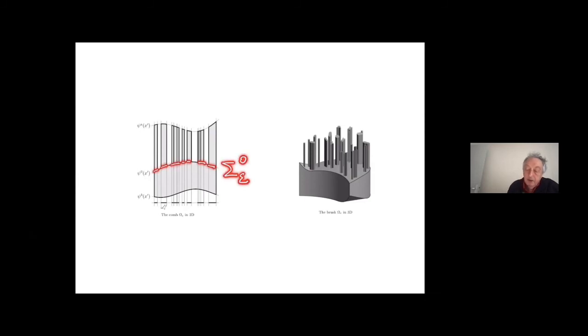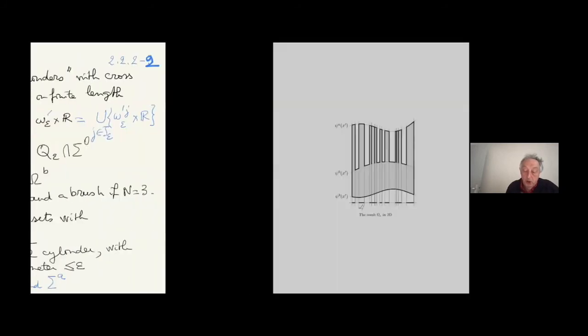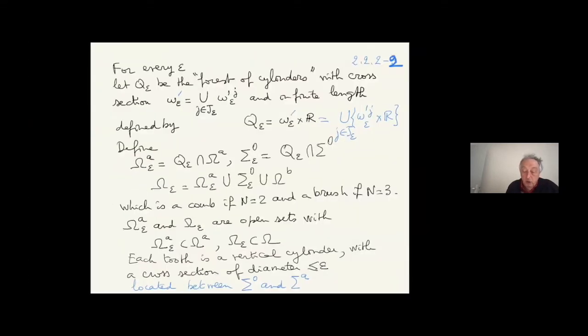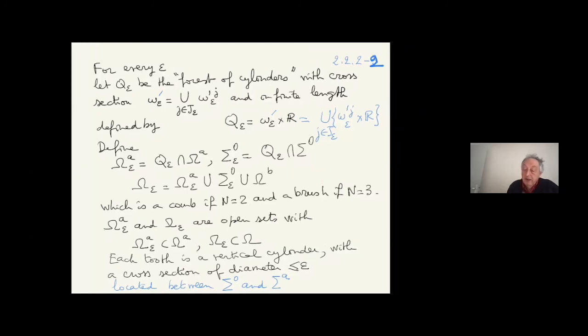So now we know what omega is, we know omega A, omega B, and we know omega epsilon, omega A epsilon, sigma epsilon 0, and omega B. And of course, omega epsilon is included in omega,